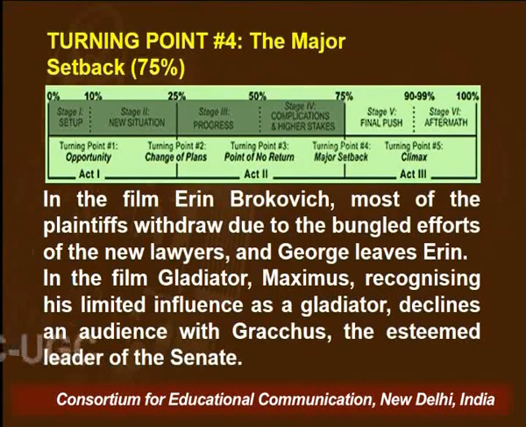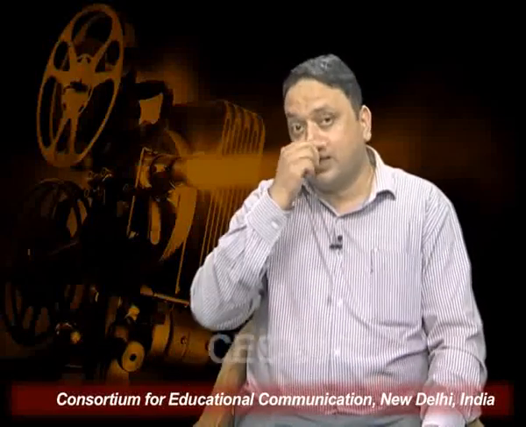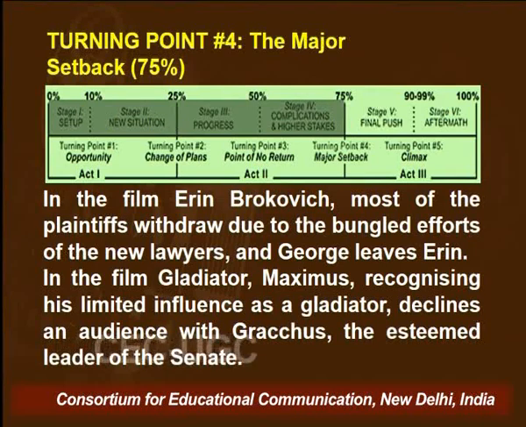In Erin Brockovich, what happens? She puts the case together for the proceedings, and there was a chance of losing or not being registered as a case in the film. So in Turning Point 4, which is called the major setback, at 75% of the film, we have talked about how George leaves Erin, and Erin is being tried to be sidelined by the new entry. And Maximus, as he gains popularity and claims, with the